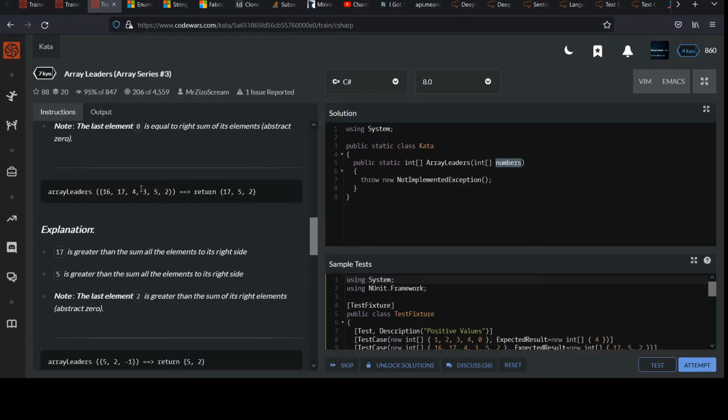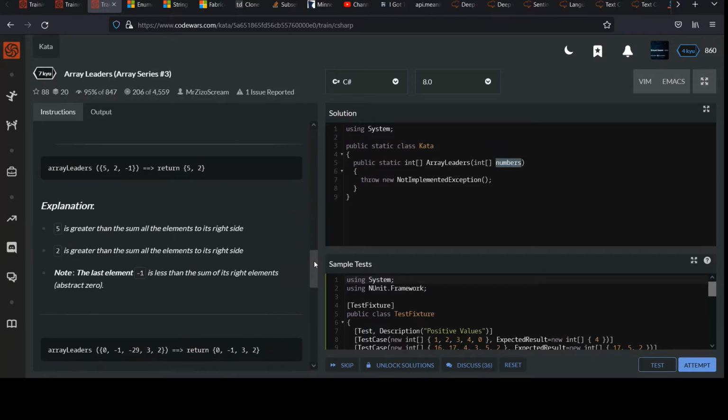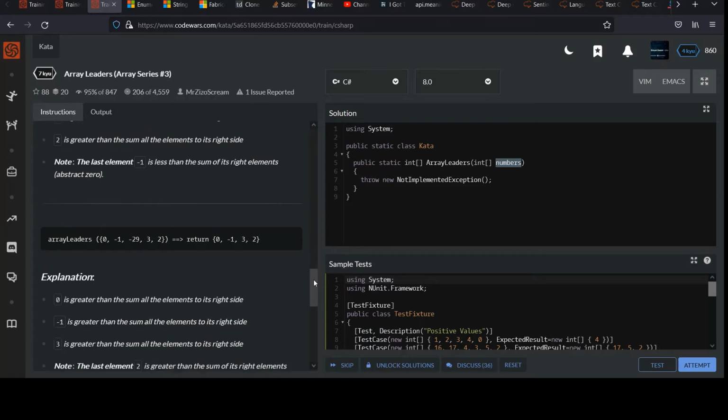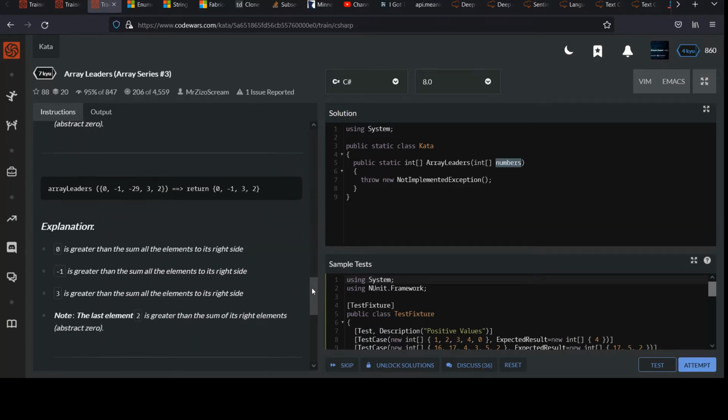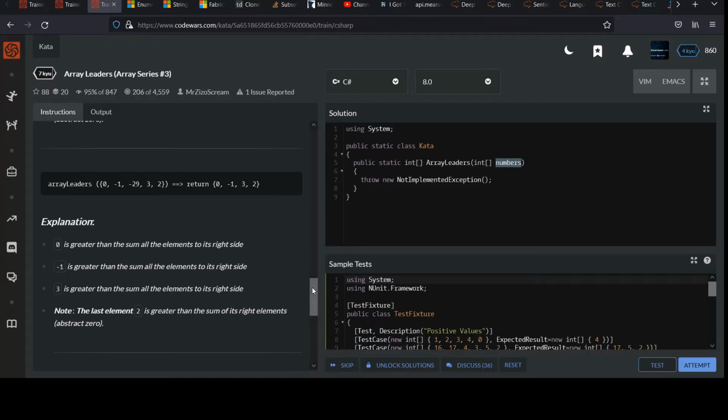And then they give you another example if you want to look through that and just make sure it's what you expect, to make sure you understand the problem. Go ahead and do that. I think that's pretty clear though. And then here's an example with negative numbers you can check as well, because that will come up. So yeah, go ahead and pause the video and crank your own out, and then we'll walk through a couple